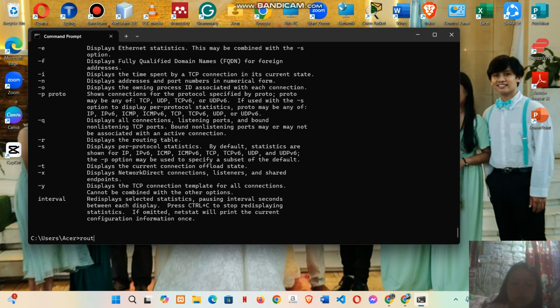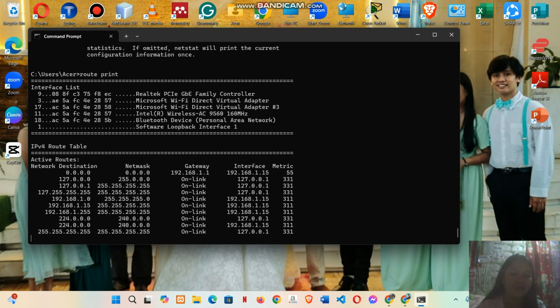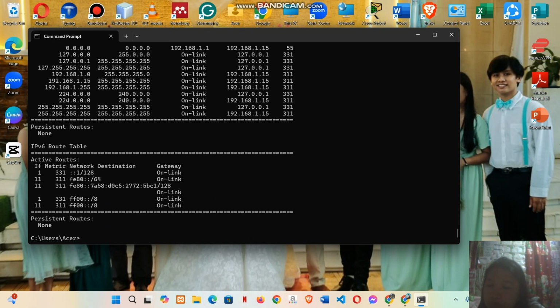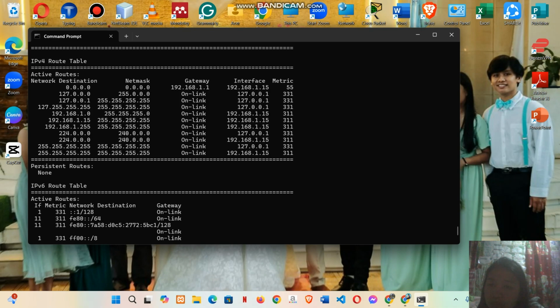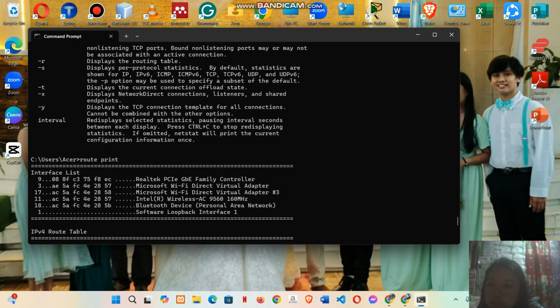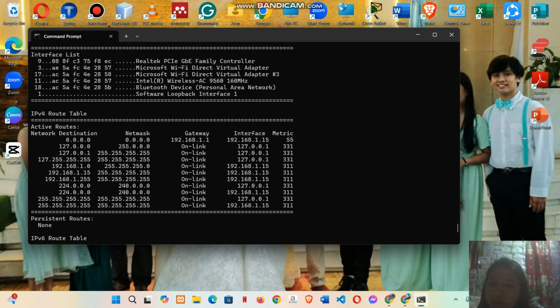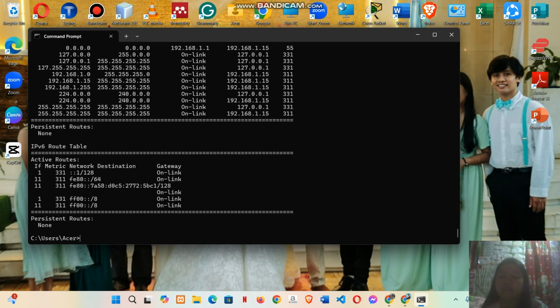Just type route print to check routes and ensure no conflicts. Enter. Active routes. None.